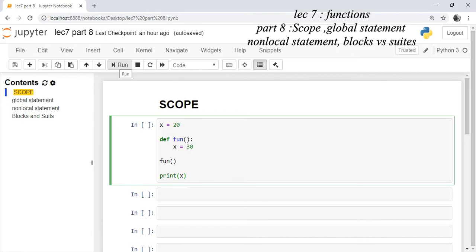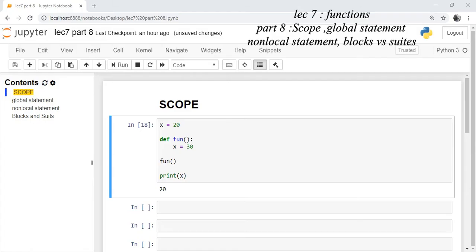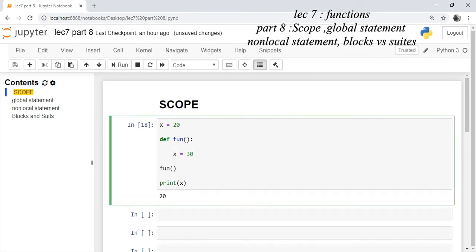If you want to access this global x inside the function, then you have to just use the global keyword, global x. So if the variable is repeating and it is declared globally, then that global value of x will be used and then that value will be updated.